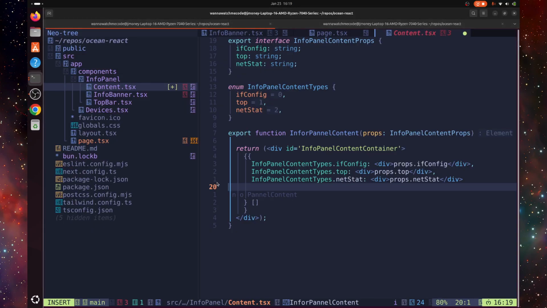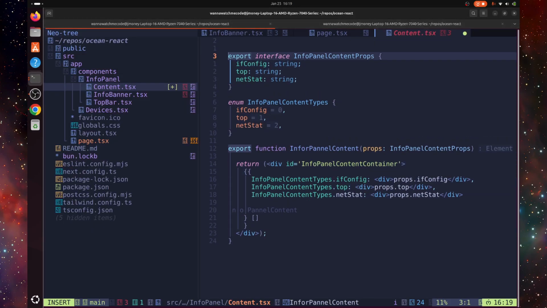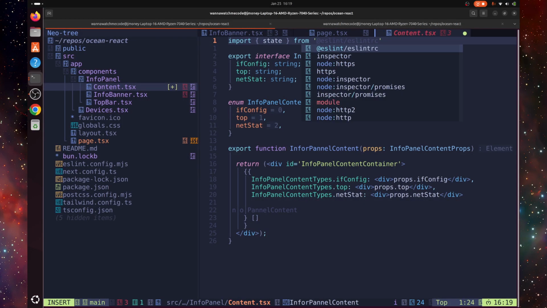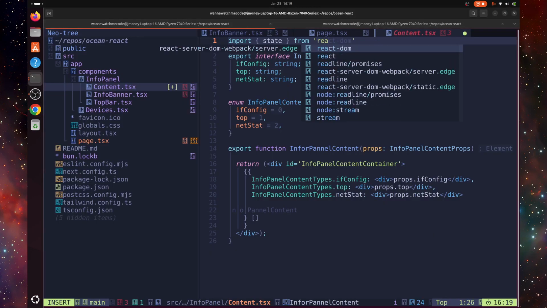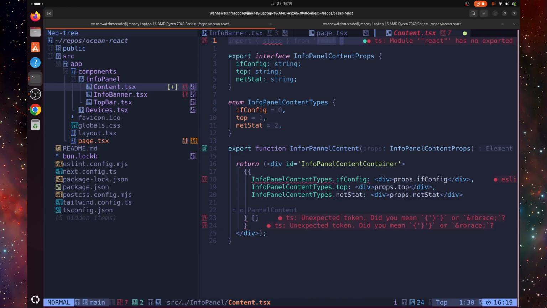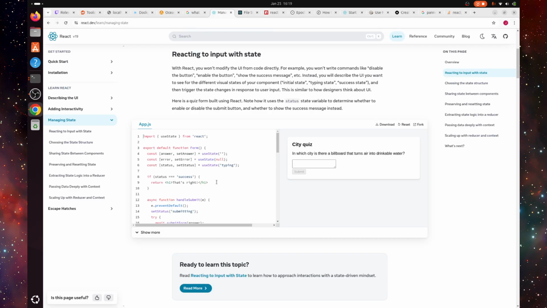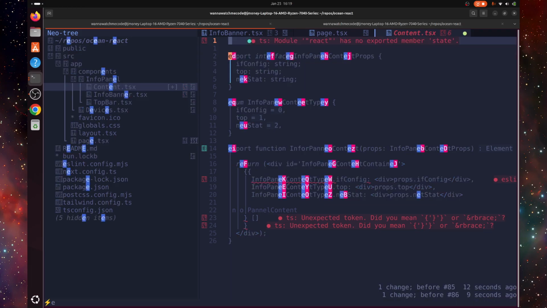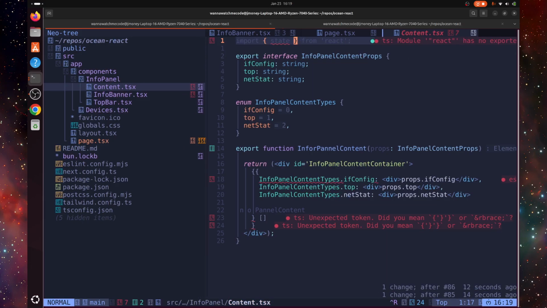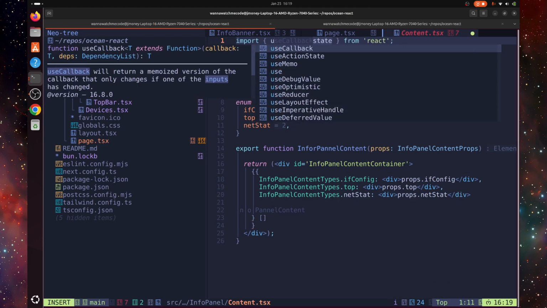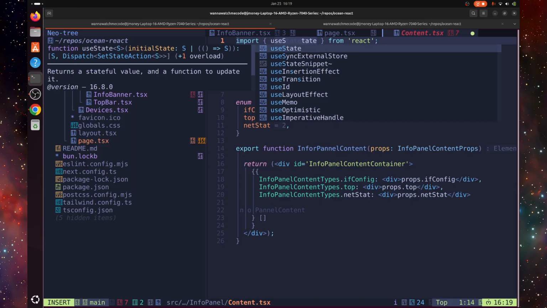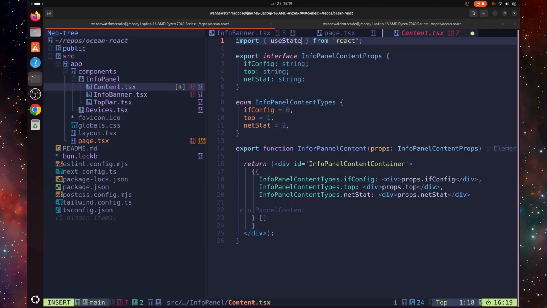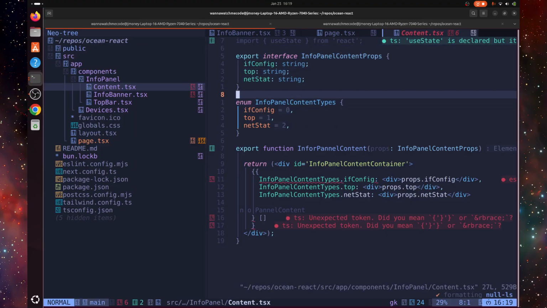Okay, so let's import state from React, useState. Okay, and we'll do